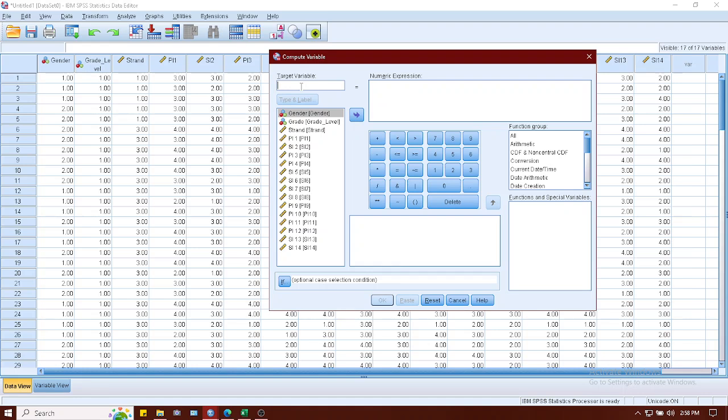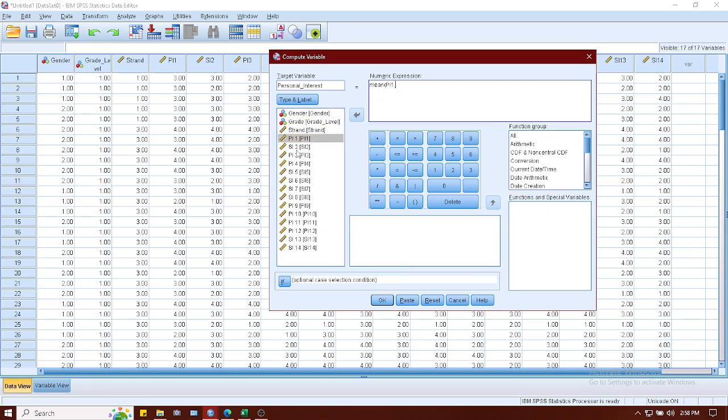So let's start with personal interest mean. So you type, again, the rule is there should be no spaces between words. You can use underscore or you can use PI or any variable. Okay, so type mean there, and then click all the PI, that means they are the values where we get the mean.